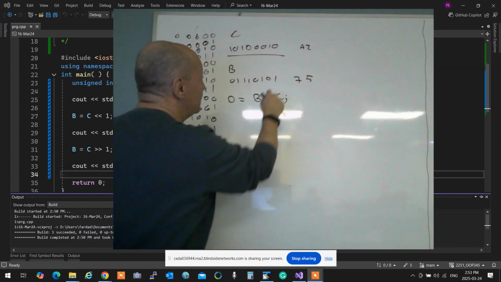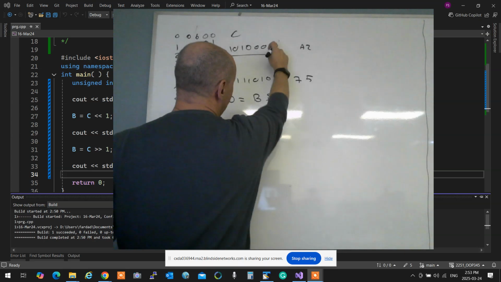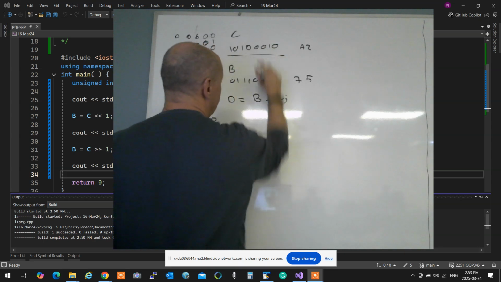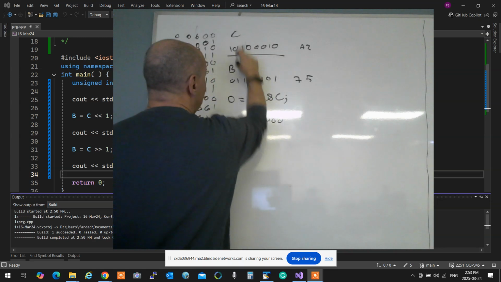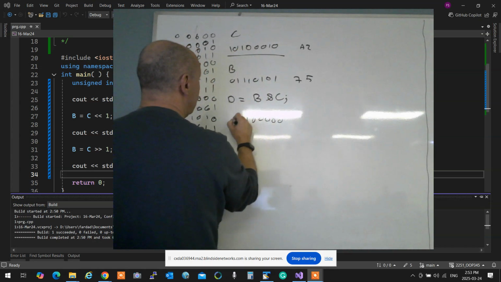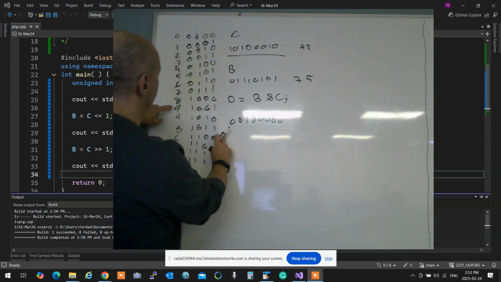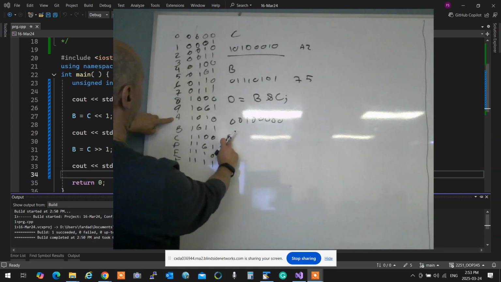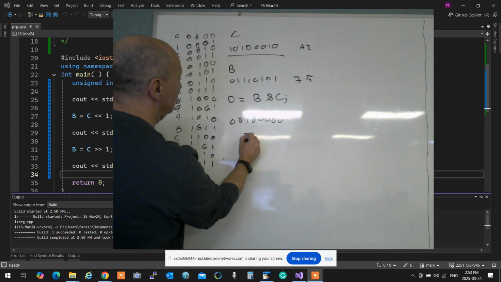So essentially you're going to have 0 and 1, 0. 0 and 1, 0. 0, 0, 0, 1, 0, 0. That would be the value of that one, which is 2, 0.